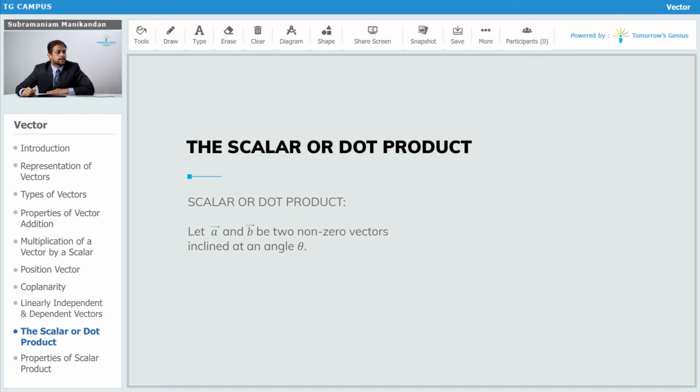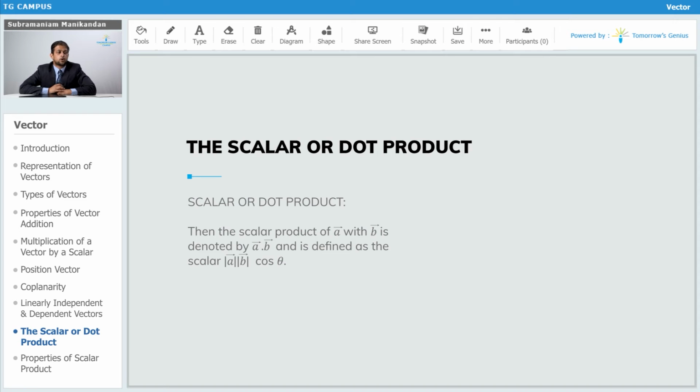Let A bar and B bar be two non-zero vectors inclined at an angle theta. It is possible to have any two vectors which are in the same plane, or at least on parallel planes. Even when vectors are on parallel planes and do not necessarily intersect each other, they are still considered coplanar vectors. So if you have A bar and B bar as two vectors inclined at an angle theta,